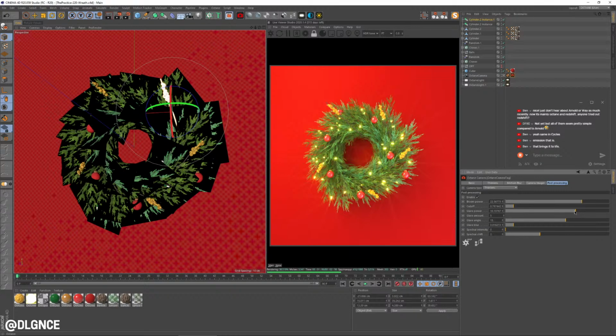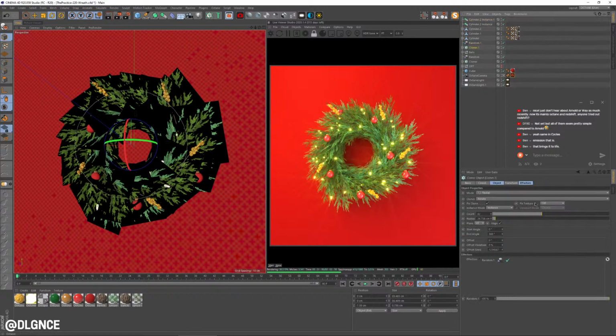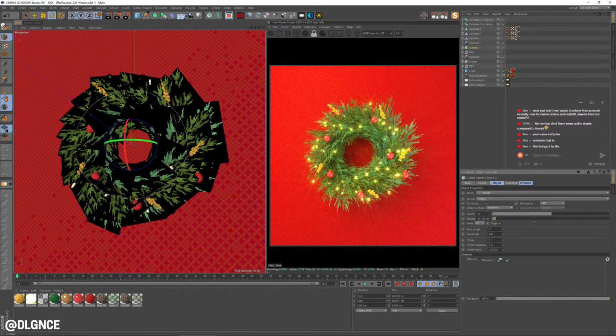Yeah, it almost feels like a crutch sometimes. That bloom really does a lot of good for a lot of different renderings. Going to add a few more lights here. 50 of them feels all right. And I think I'm going to add like